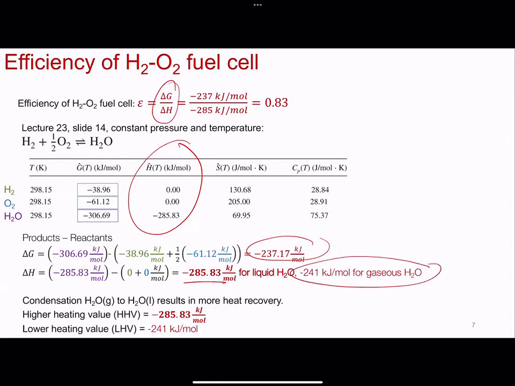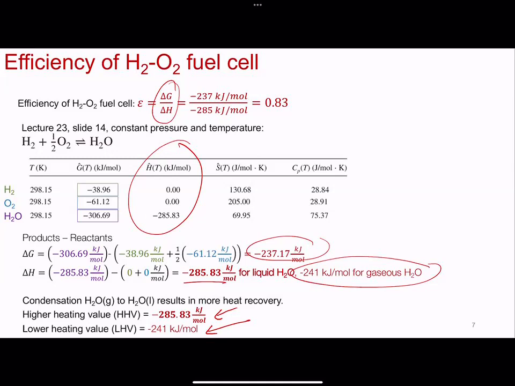And so that comes out to negative 241. So depending on which phase your product is in, you have what's called a higher heating value or a lower heating value for your delta H. So this HHV is a term that people are going to refer to again and again and again, because the